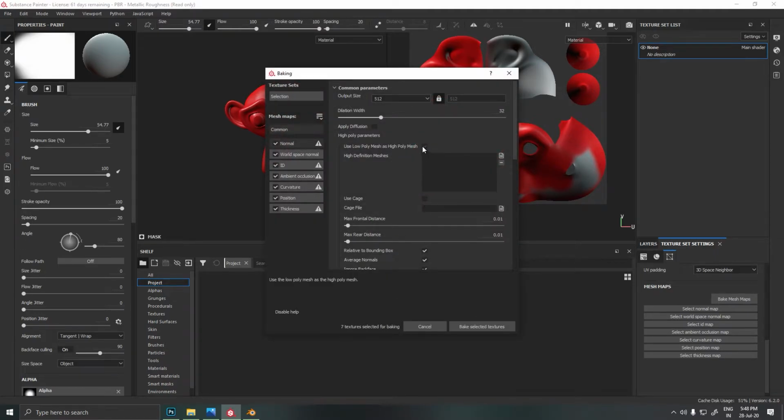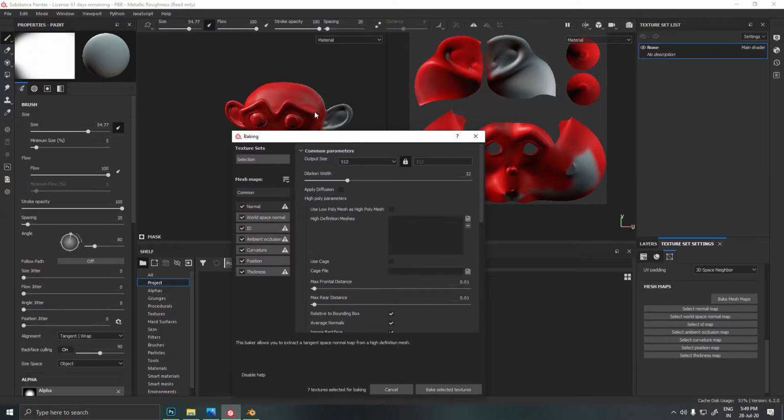So here's the baking menu. You can see multiple options. I have told this in a previous video, but I haven't told you in brief, so right now we'll discuss it in brief. You'll notice that I only have a single object in my scene.